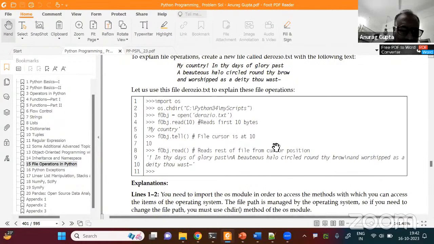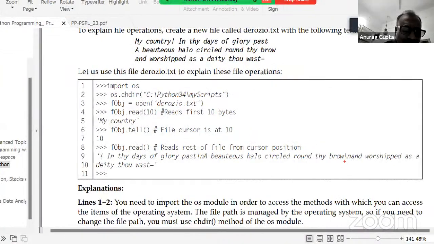For example, I showed you this code. There was a file in my old computer, a script which I had written. There was a folder called Python 3.4 which had a folder called my script, which had a file called derosio.txt.